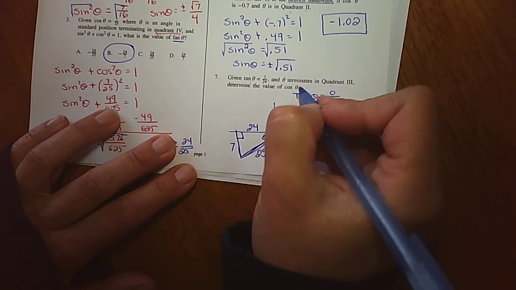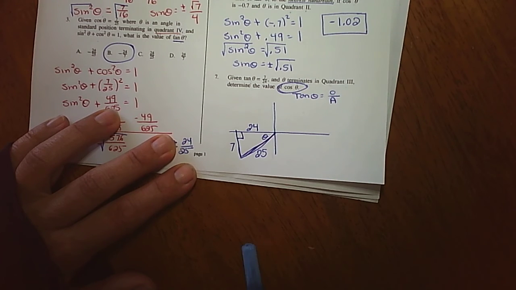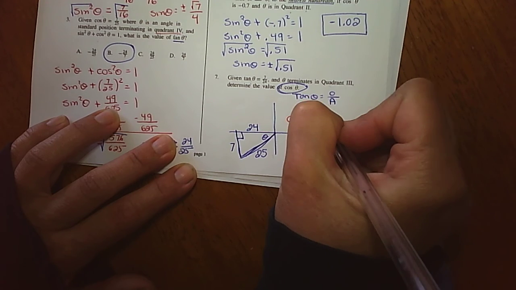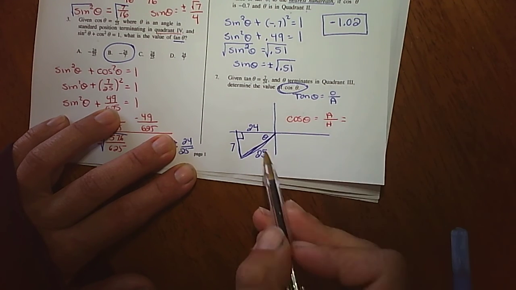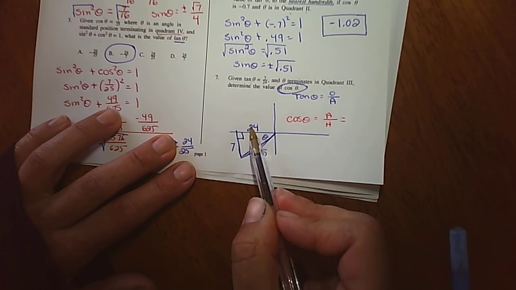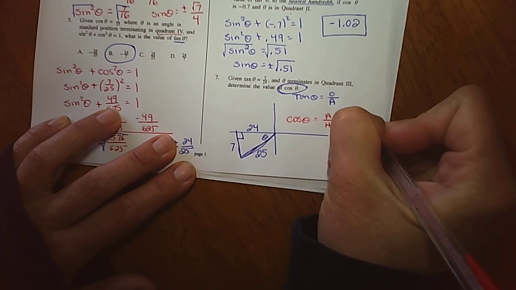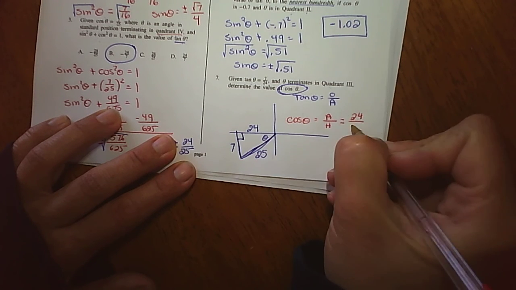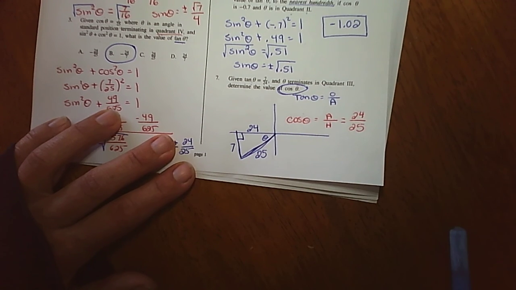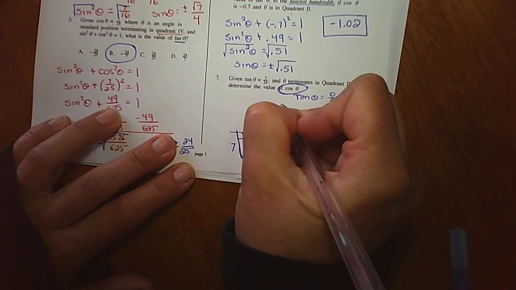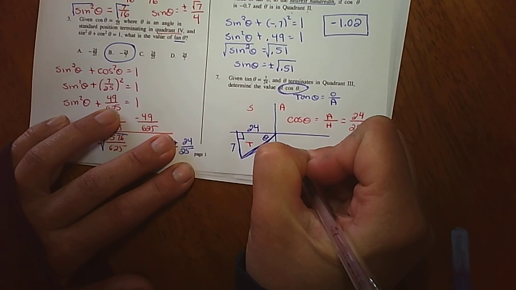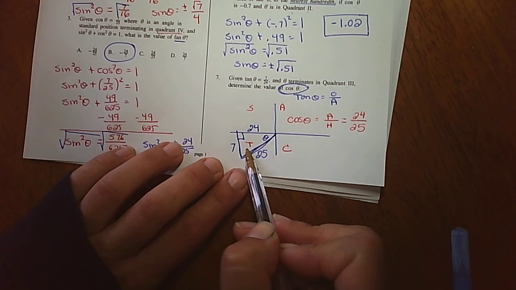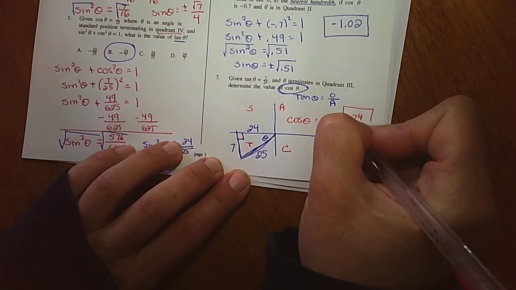Now that I'm done, they want us to find cosine. Cosine is adjacent over the hypotenuse. Well, what's adjacent to the theta? Oh, 24 is. What's the hypotenuse of this triangle? Oh, 25 is. Right? But we're almost done. Now we have to do A, S, T, C. Since we're in the third quadrant, that's the T, that means cosine has to be negative. So the answer to that